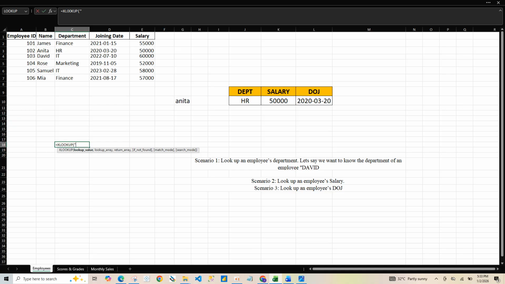Equals to, then I'm going to bring my double quotes, comma, that's my lookup value. I want to look for this particular lookup value. Then from here I want to look for it here, then comma, let's say my return result will be this. I want to look for the iOS department. My return result is this,